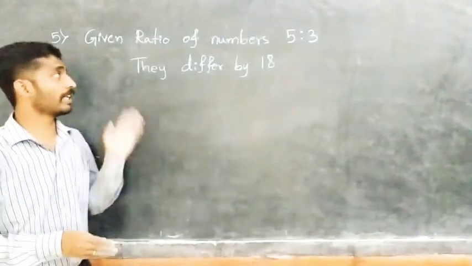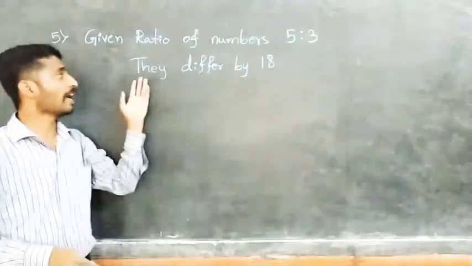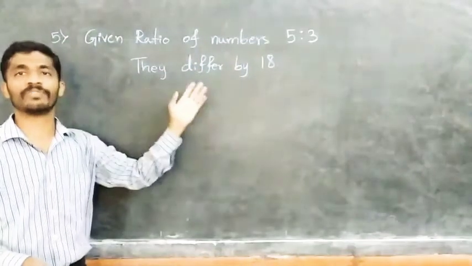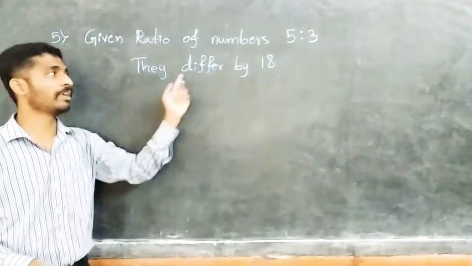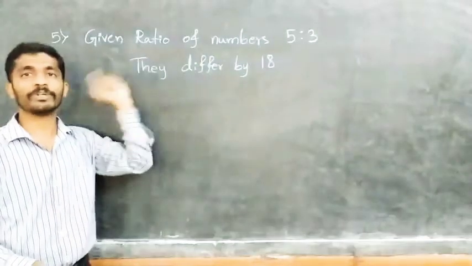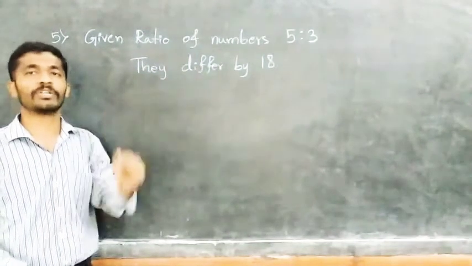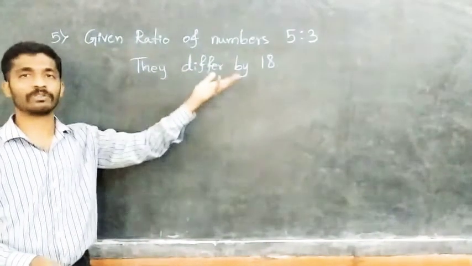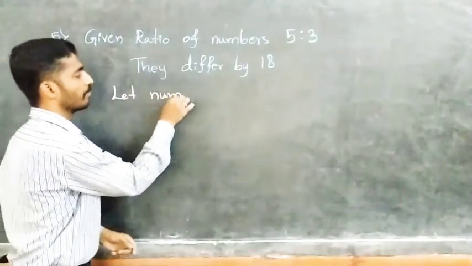In the fifth question, they gave the ratio of the numbers, that is 5:3, and they differ by 18. What is differ? Differ means difference. If you subtract them, you will get 18. But we don't know the exact numbers. But they gave them in the ratio 5:3. So what we have to do? Let's take those numbers. Let the numbers be